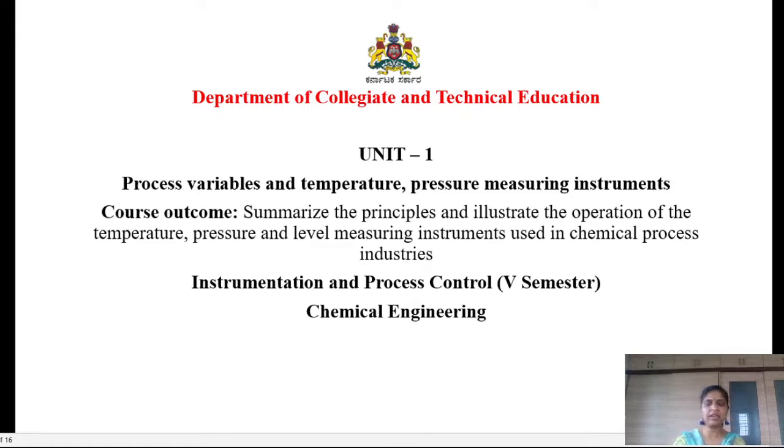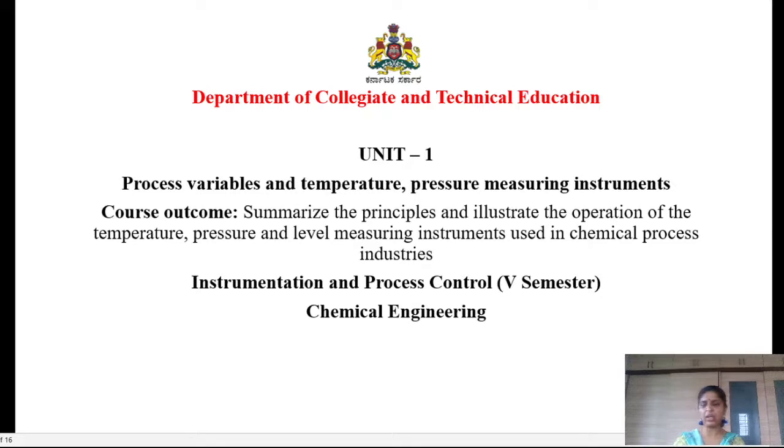The bellows is a thin-walled metallic cylinder. One end is open, one end is sealed. The closed end can move freely, and the open end is fixed. Now the pressure, whose pressure you want to measure, is applied at the open end, and by application of the pressure the bellows will be compressed. The compression of the bellows causes the movement of the pointer which is attached to the bellows, and this pointer in turn moves on the scale, which is calibrated in terms of pressure.